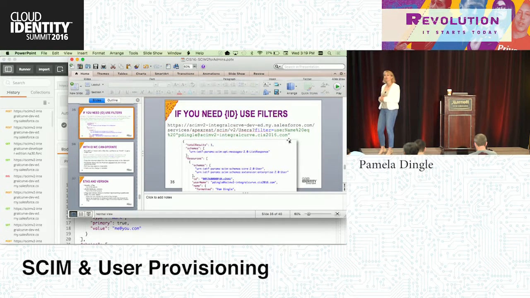So the filters, are they included in the specification or in some implementation? Filters are included in the specification, and not everybody supports it. But if you go into service provider config, you can tell whether a certain provider supports it or not. It's an interesting thing because the way SCIM is constructed, you can use it in one of two ways. You can use it as a database abstraction, or you can use it as a command and control for pushing and pulling, right? Filter gives you some interesting abilities to do things like show me all the users with a certain title. It's much, much closer to an LDAP type of construct.